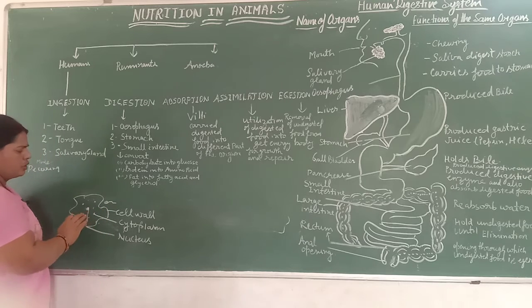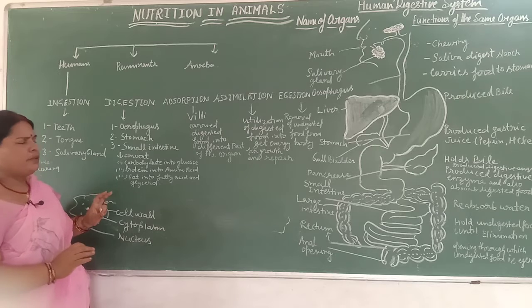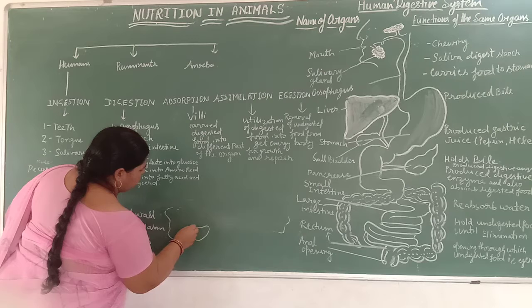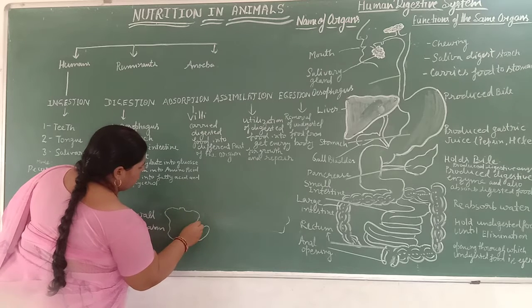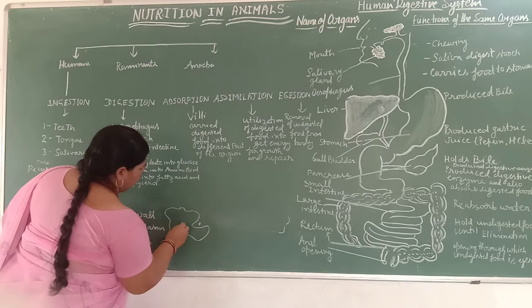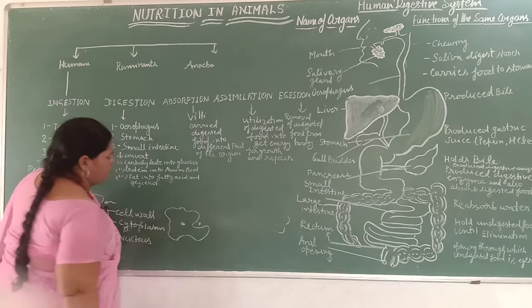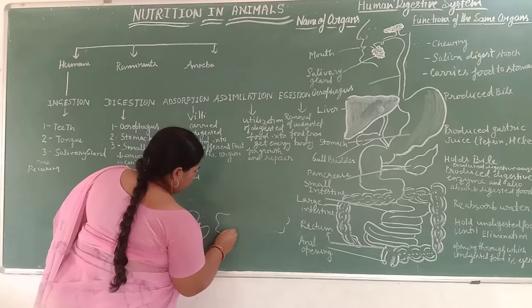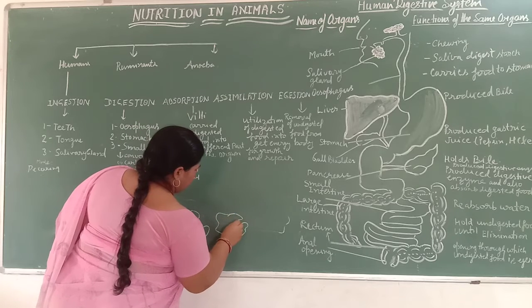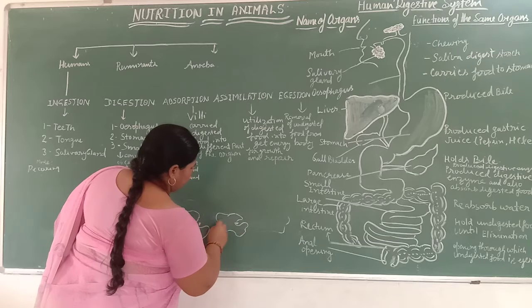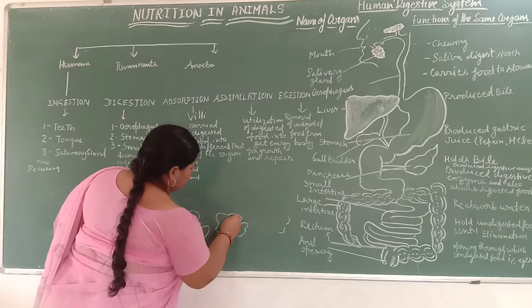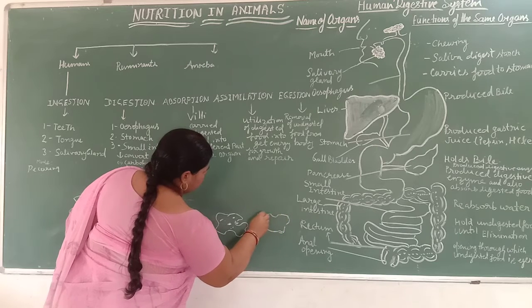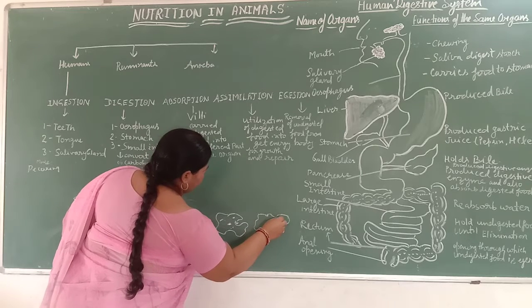With the help of pseudopodia, amoeba can move. This finger-like projection develops, and when a foreign particle comes near, the pseudopodia completely surround it, and after that the finger-like projection, the pseudopodia, engulfs the foreign particle.